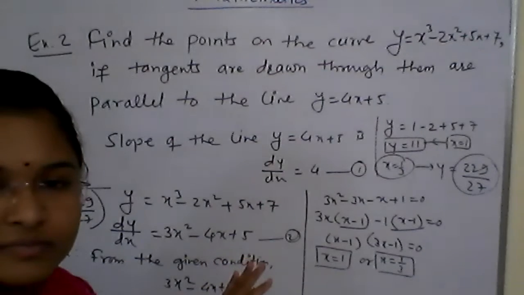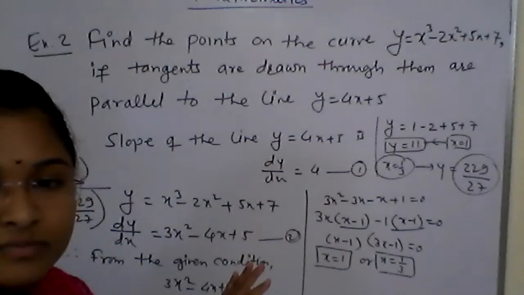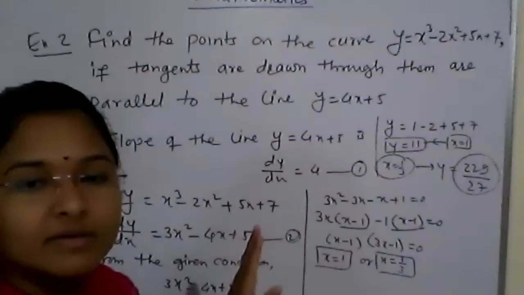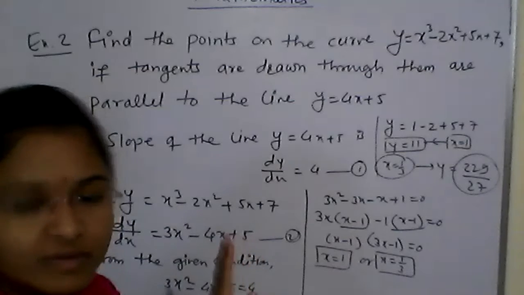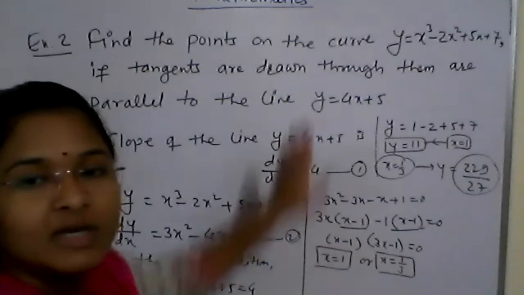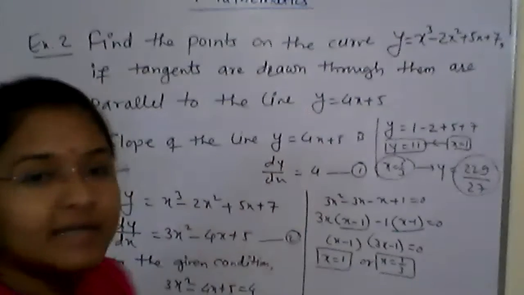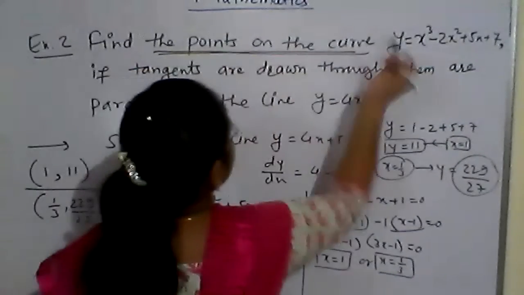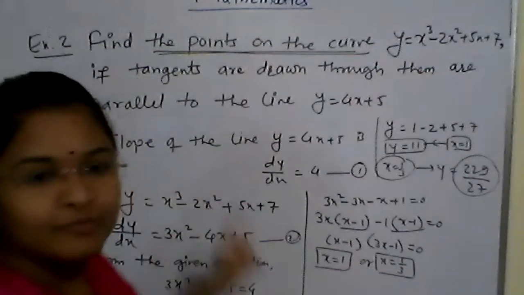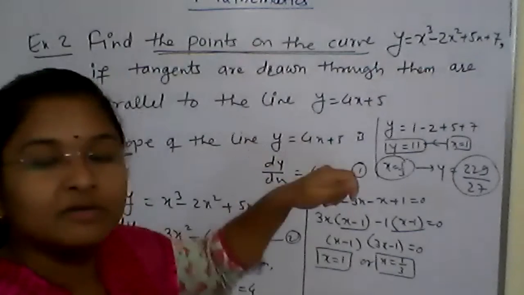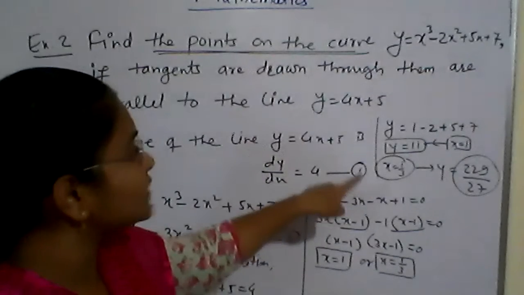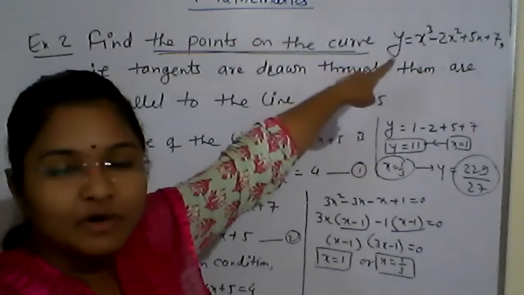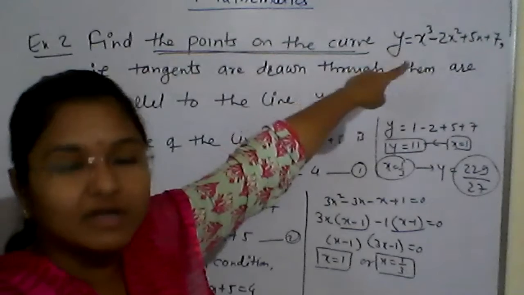Ma'am, how did you take the value of y? I got how you got the x value because you factorized it and then solved. But how about y? We have to find the points on the curve. This is very important. That's why for x values, we got the value for y from the equation of the curve.